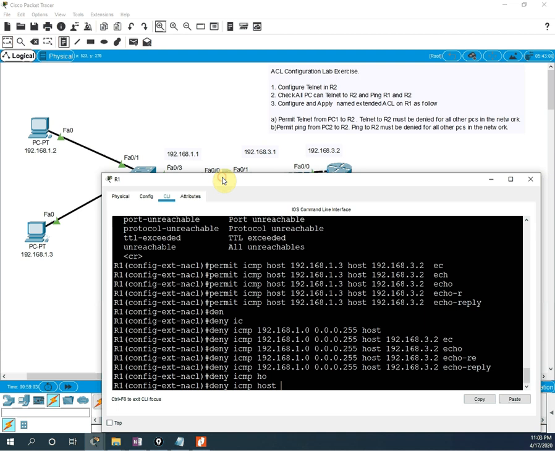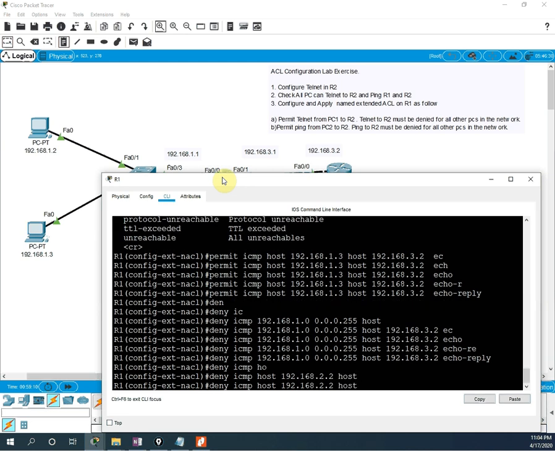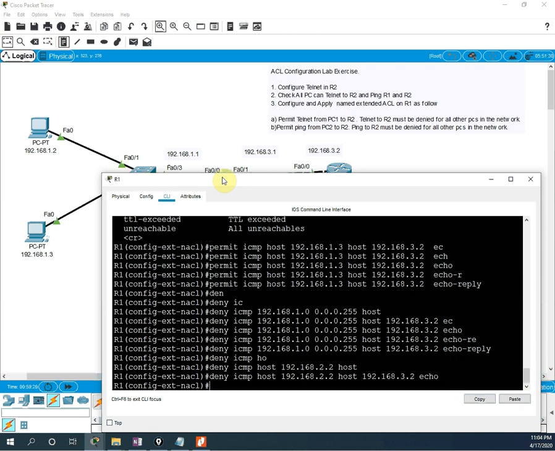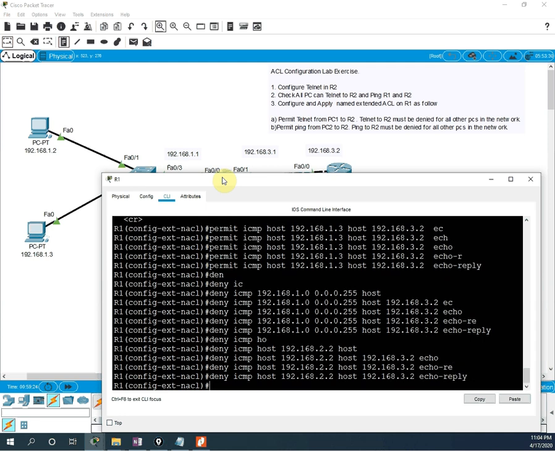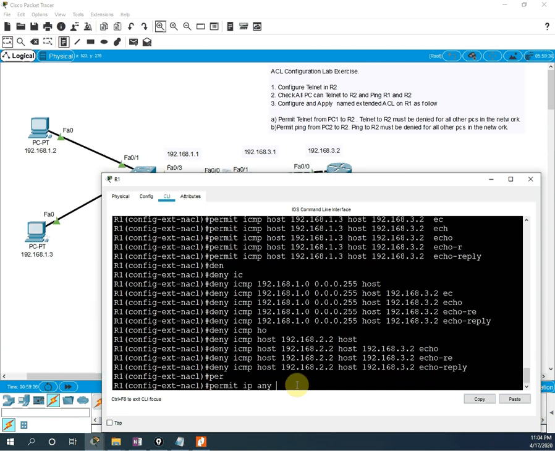So I will write 192.168.2.2, then host 192.168.3.2, and then echo, enter, and then echo minus reply. Okay, so this we apply. Then we need to write permit. At last, remember, permit IP any. So we will write here permit IP any.